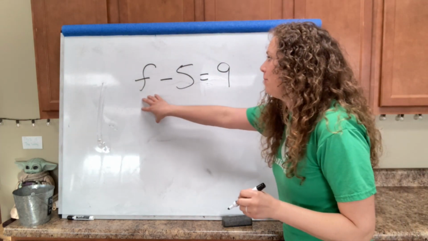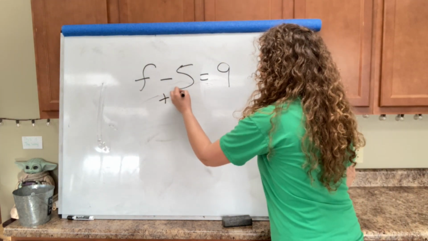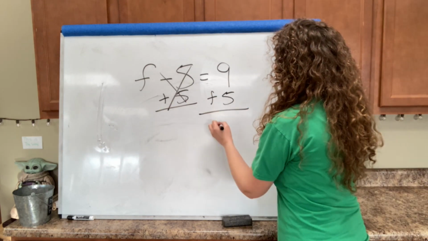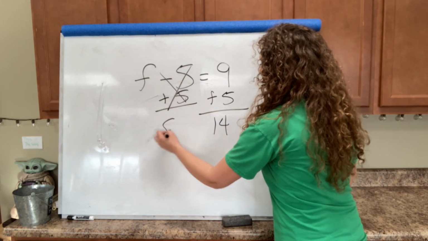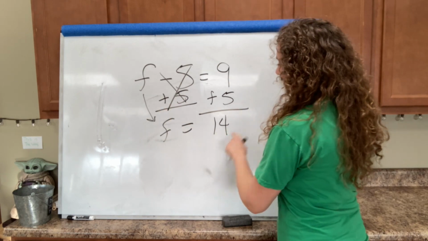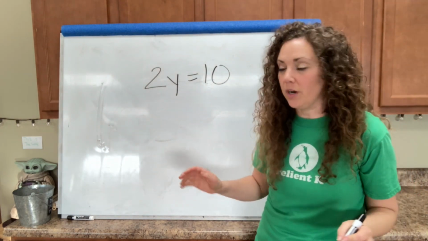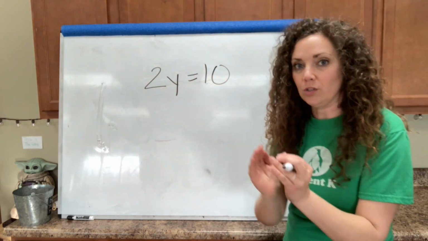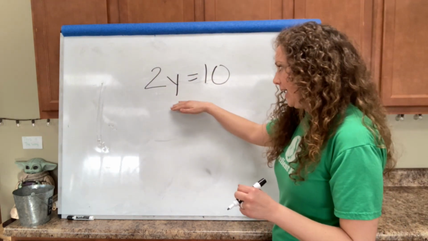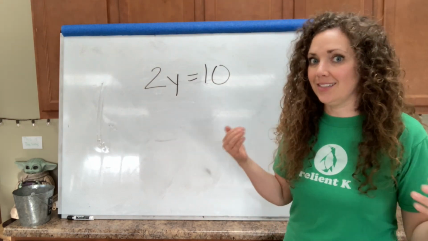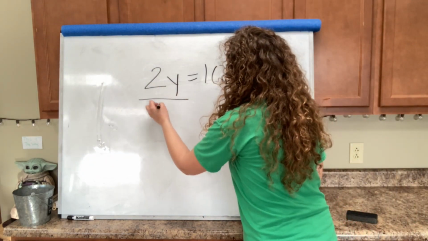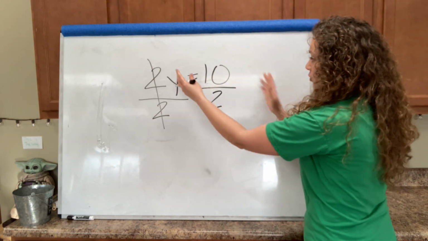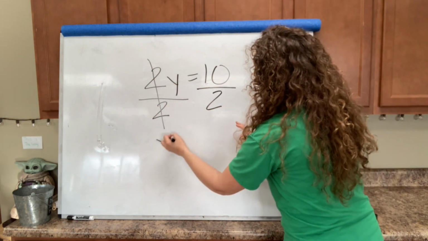So if I want to get f by itself, I'm going to add 5, and I'm going to get this canceled out. I'm going to add 5 here, and I get 14. F equals 14. Now, in algebra, when I have a number and a variable together, then it means to multiply them. So this is multiplication. I'm going to do the opposite, which is division, and I'm going to divide this out of here, and that will cancel that. Divide this, because I have to do the same on both sides, and now I have y